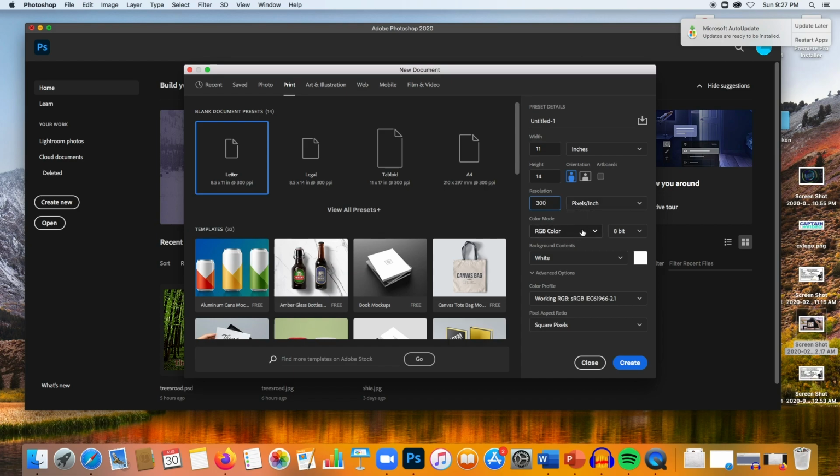So it's going to ask you your color mode and your background contents. Now we can change this later. But RGB is going to be there for red, green, and blue color mode. That's best for digital. If it's going to be going through a printer, you can choose the CMYK color mode,